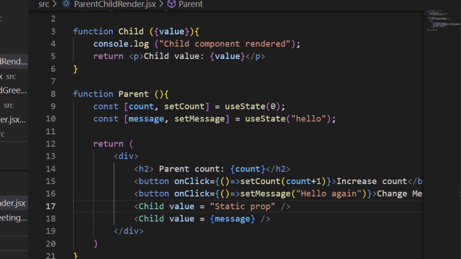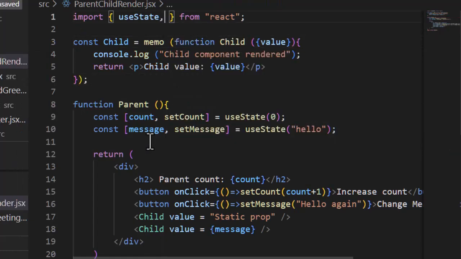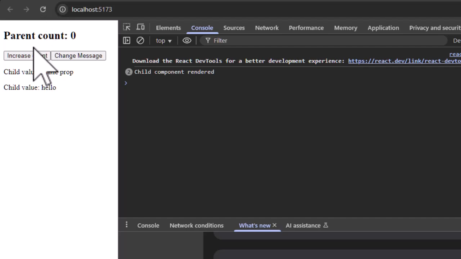So let's see how to fix this by using something called React.memo. Let me make the changes first. Right, we are done. So by wrapping the child component with React.memo, we tell React to only re-render if its props change. Let's observe the difference this time. Save it, go back, reload, and now if I increase count,